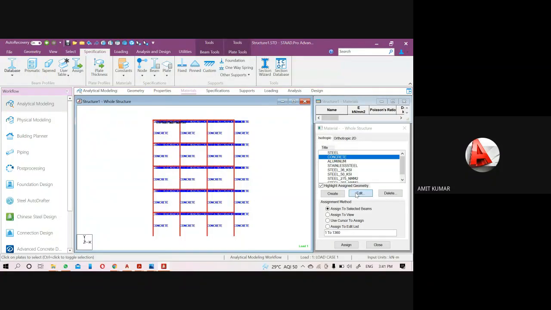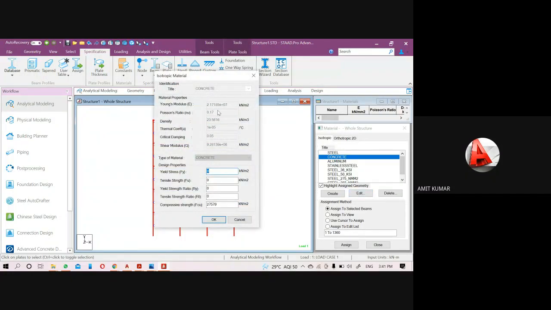When you click on edit, you can see the property, but you can't change the Young modulus and Poisson ratio here. So if you want to change the material property according to you, then we have to create the material. Like if you want to change the density to 24 kilonewton per meter cube,